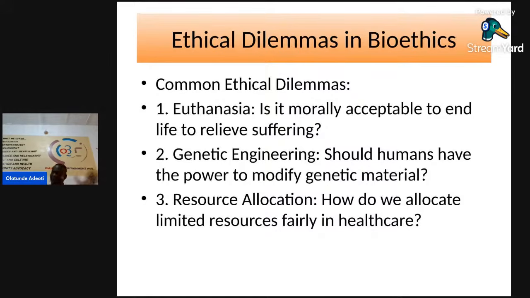So finally today, just like I said, this is going to be the last slide we are going to consider. And don't forget what we have learned today. We looked at the principles of bioethics. We are able to look at the moralities, philosophy, values, beliefs, and so on and so forth. We are able to look at beneficence, non-maleficence and autonomy. When you say somebody is an autonomous entity, that should be the first bioethical standard that we are going to have.